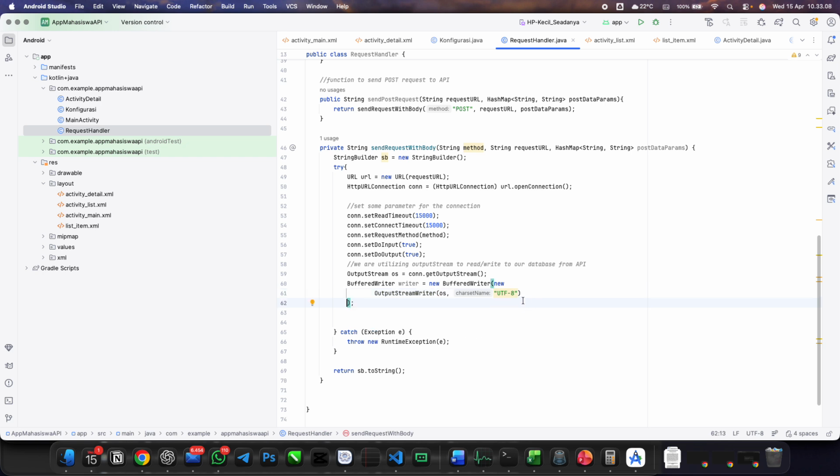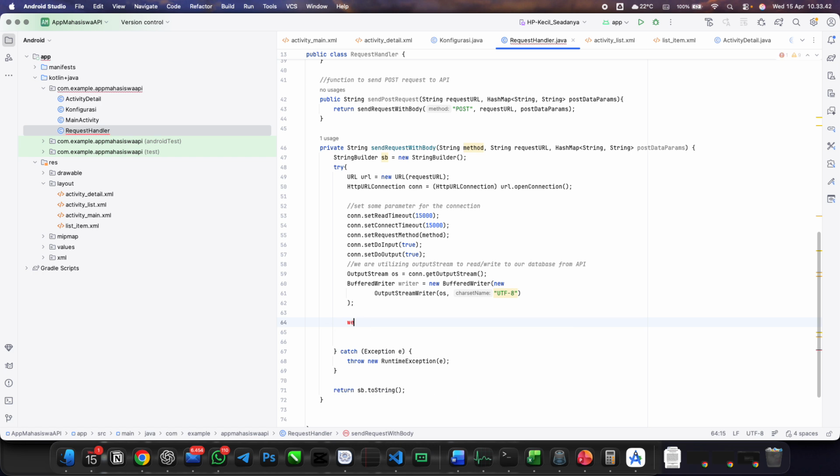Yeah, you can write it like this if you want to make it more interesting, but it is back to your preference. Okay, since we now have permission to write to the stream, we are trying to write the data parameters sent from our application. For example, when we add a new student, it will utilize the HashMap in here to send the data parameters.